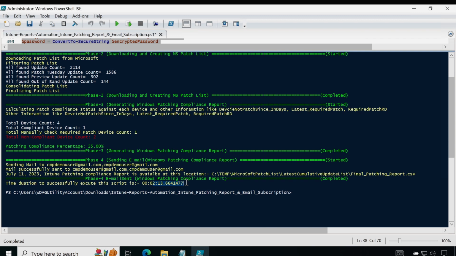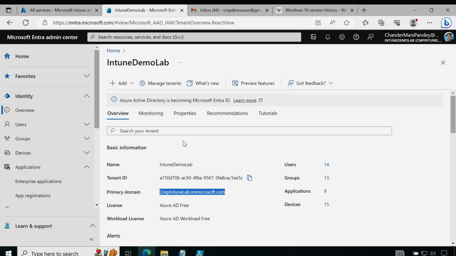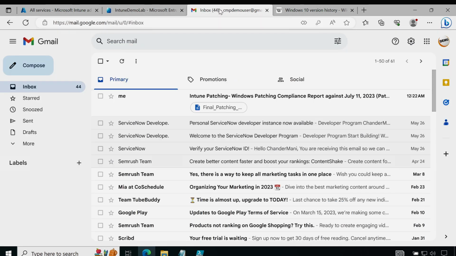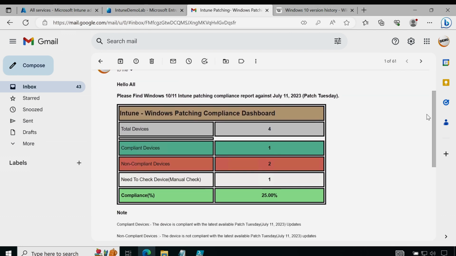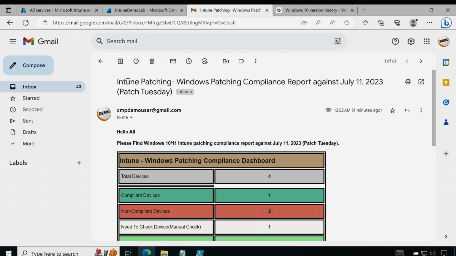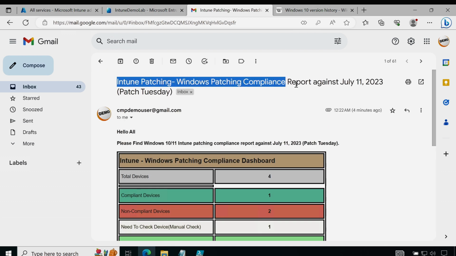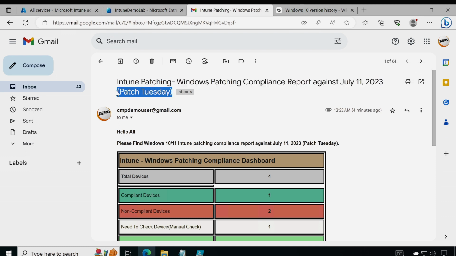Once this is done you will get a mail subscription. Now let me show you my email box and see whether we are able to see the mail or not. Now we can see that we have an email in my Gmail account, with the subject Intune Patching Windows Patch Compliance Report against 11 July 2023, which is a recent Patch Tuesday,